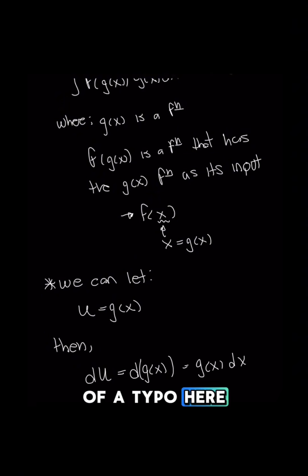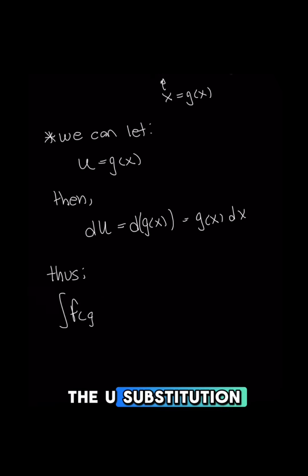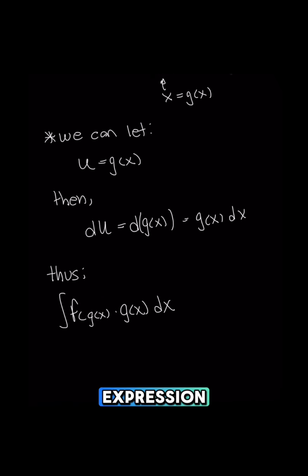Sorry, there's a bit of a typo here. There's no prime on that g of x, but there should be. Sorry about that. So the goal of the u substitution is to find the g of x expression,